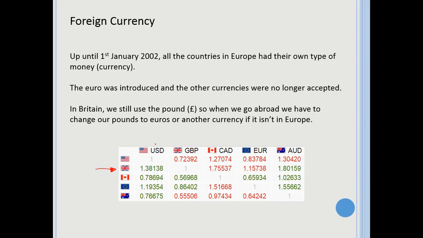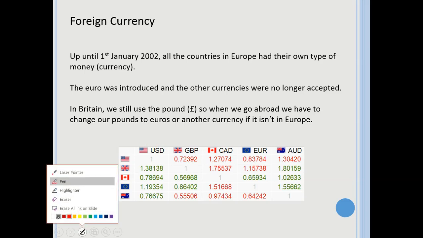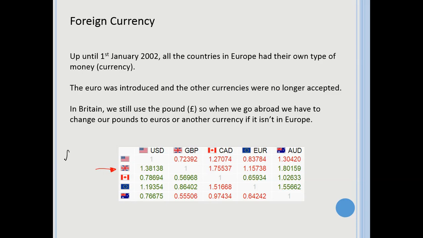We've got US dollars, and £1 is equal to $1.38138. So for every pound you would convert into that, you would get $1.38138. If you are going to Europe,